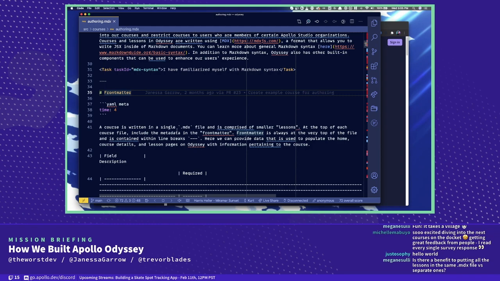And the other big part is that even if we were to separate lessons into multiple files, there's still the question of where the course details live, all of the specific details about a course and its front matter that are shared between all the lessons would have to live somewhere too.